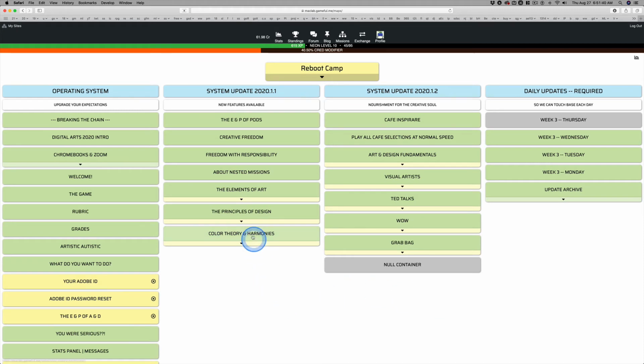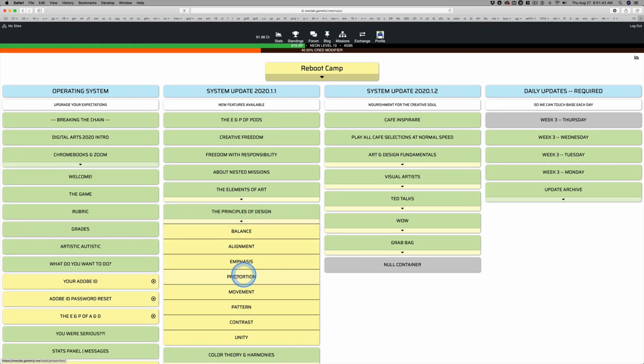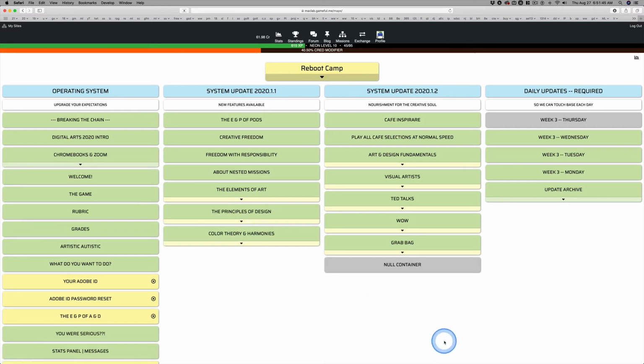Now, this brings me to the punchline here, and I will end this video very quickly after this, is proportion. We have one particularly good student who's really trying her best and really trying to submit things, and proportion for her is trying to get everything, when she draws a face, everything perfectly proportioned to one another. But when you finish a drawing of a face and everything's perfectly proportioned, what you have is a drawing of a face, not necessarily a representation of proportion, which usually deals with a sense of scale